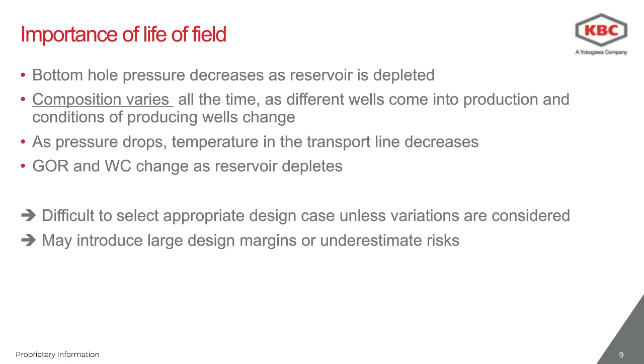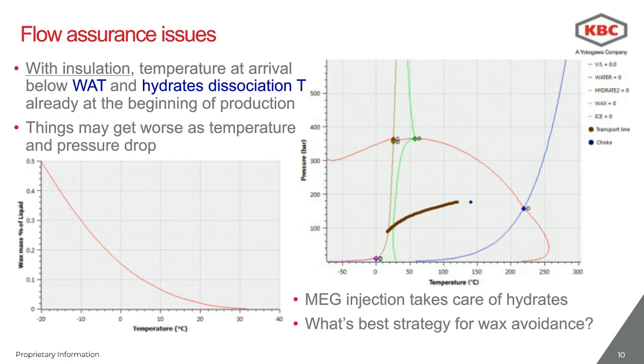So let's look at the operating conditions at the start of the operations, just to have an idea of how much and what type of flow assurance problem we're going to have. We've added some insulation in the flow line, but with a simple simulation of a steady state model, we can see that the temperature at the arrival at the end of the flow line, at the bottom of the riser, is already below the wax appearance temperature and the hydrates dissociation line. You can see that from the